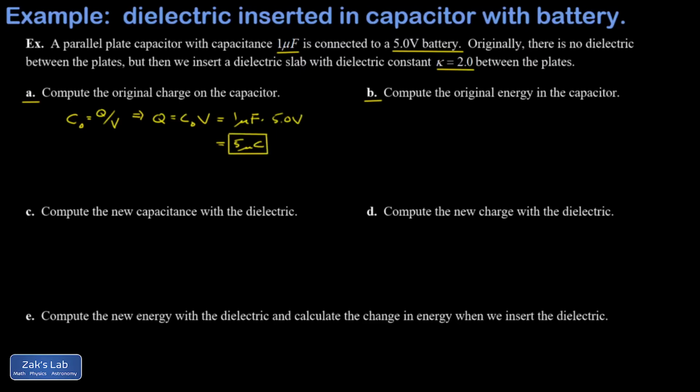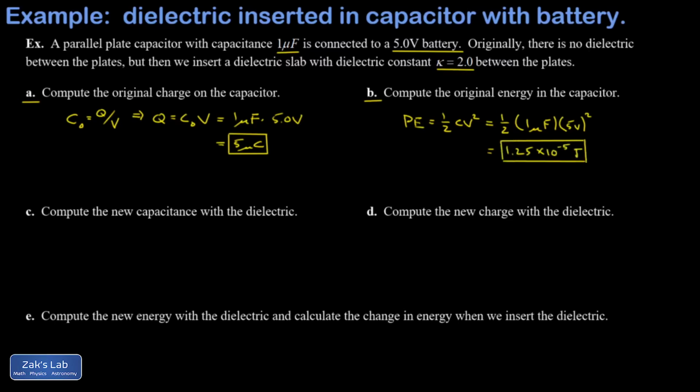In part B, we're asked for the original energy in the capacitor, and 1/2 CV squared will get the job done. I have the capacitance as 1 microfarad, and then I have my potential difference as 5 volts. I'm going to square that. I'll just go ahead and write this in scientific notation, and I get 1.25 times 10 to the negative 5